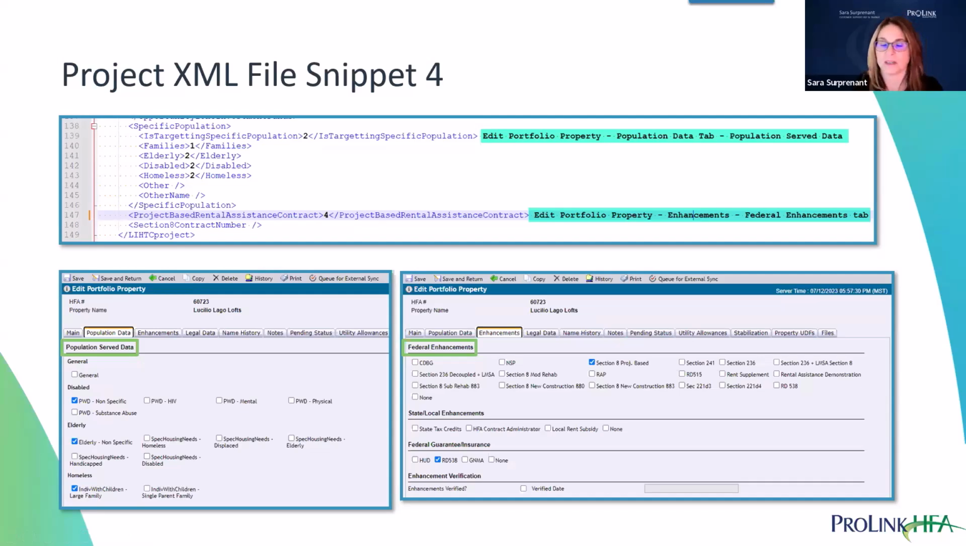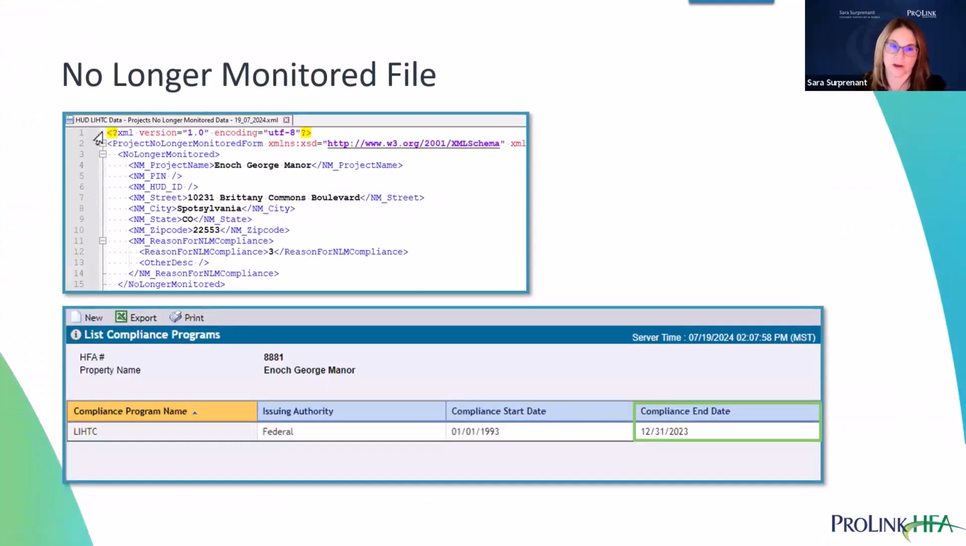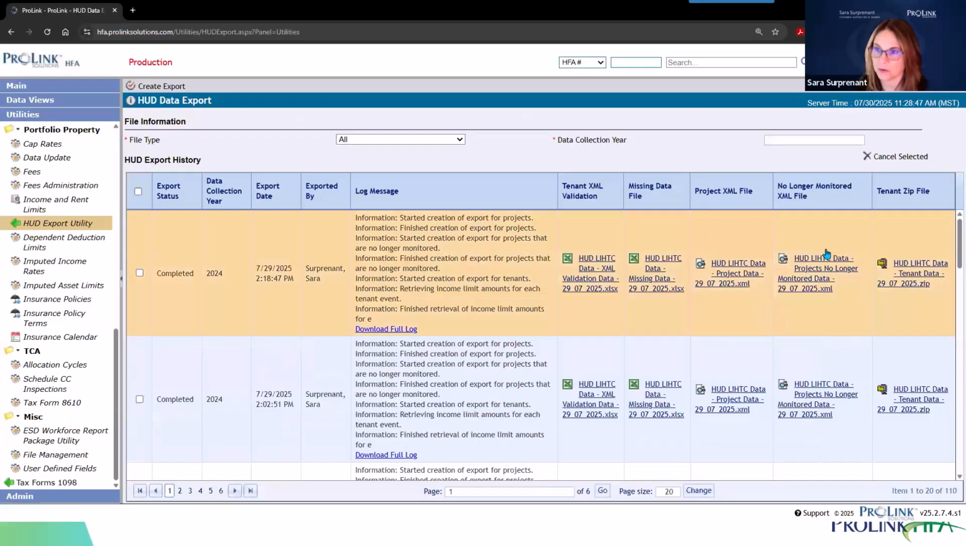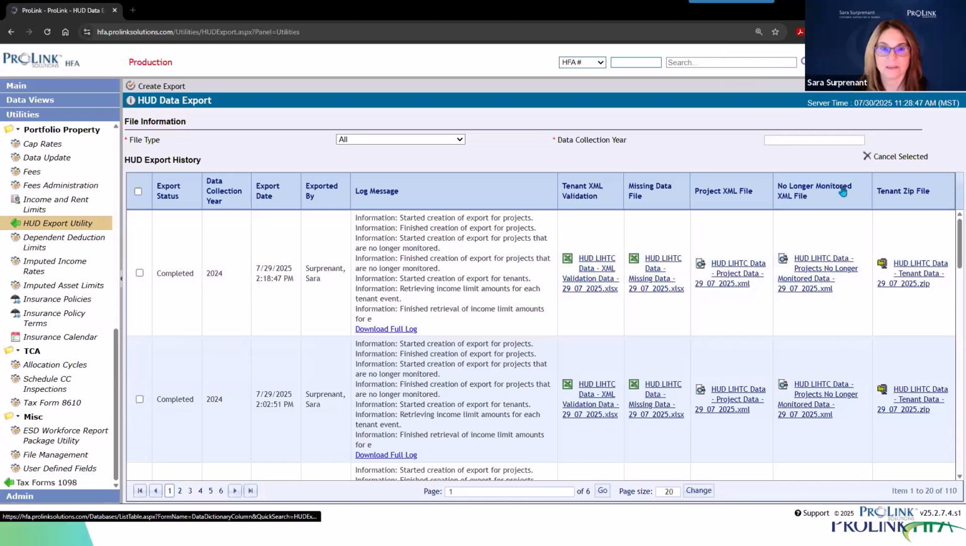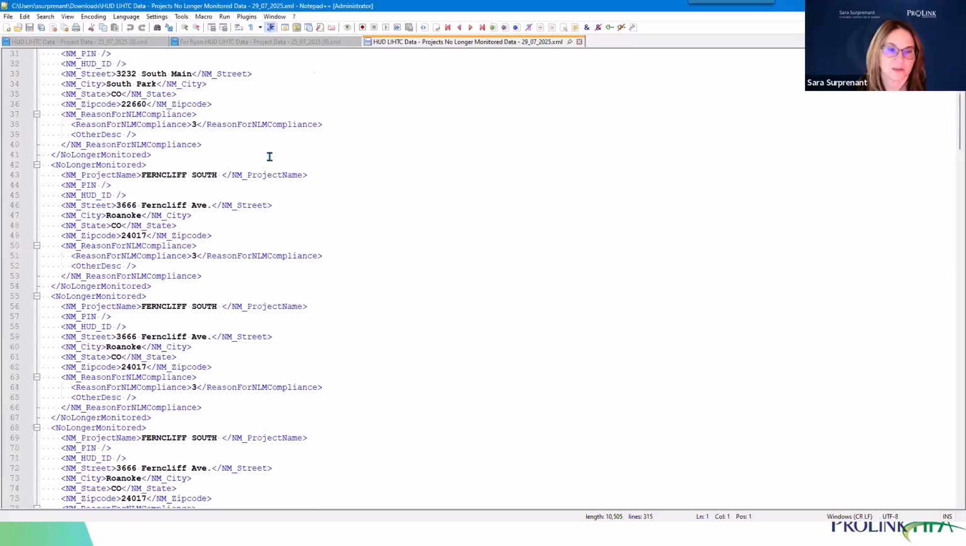I'm pointing at these. I know you can't see me, but I still point because apparently it makes me happy to do that. So then we have our no longer monitored file. This is going to be the properties where the LIHTC compliance program's end date is in the collection year. In this screenshot, I have 2023, but if I bring up my no longer monitored file in our test data, let's see what we have. These are three of, oh, how many do I have in here? I don't know. These are the properties that are no longer